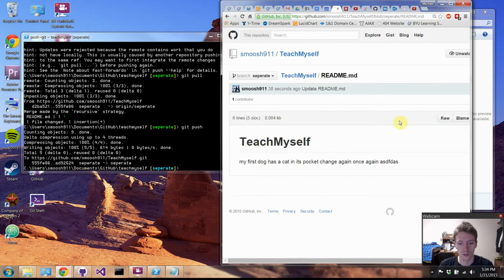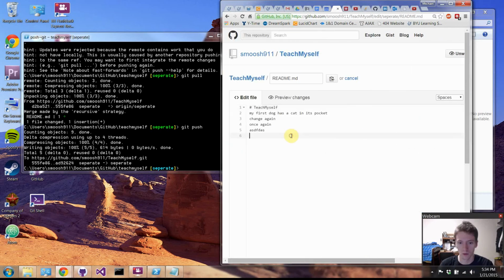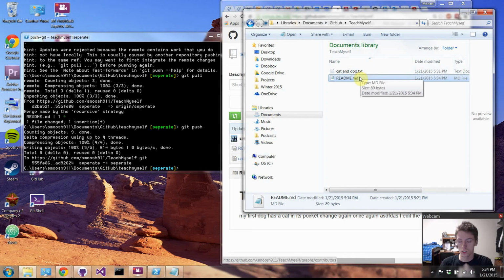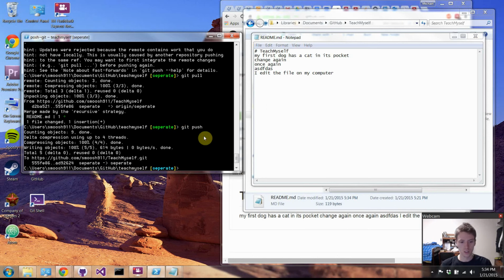Now whoever is editing a single branch, you want to do it separately, because if you don't, so if I edit a branch online and then I save it, or this could be from any other computer. So let's say this is on my computer, and my friend's computer, and then I edit a file on my computer. So if you change the file in two separate locations, and then you want to commit it,